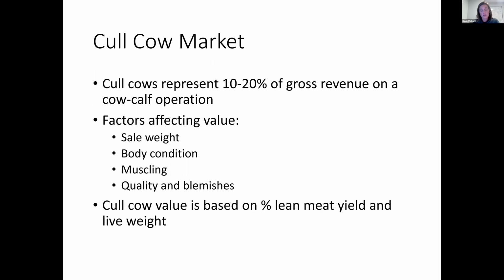And so there's a few really good candidates that may be able to fit this market if they don't rebreed. If maybe we don't want to worry about that, but we have some forage resources, we may be able to throw them into that cull cow market where we are putting on body condition. They're in good condition, they have good muscling, and we're really thinking about what body weight they're coming in at. We really can start to capitalize on some of that cull cow value that is going to be based on that percent lean meat yield and that live weight. So if we're really targeting those females early, we may be able to capitalize on some of these market